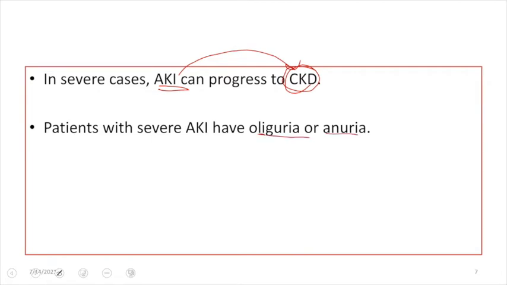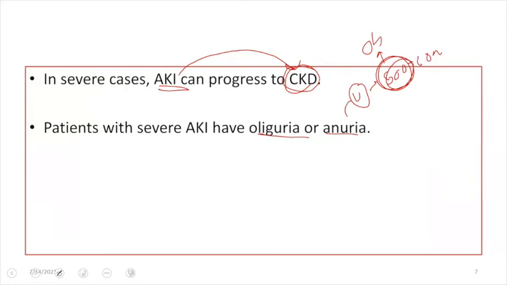So what is oliguria and what is anuria? As we know, the major function of the kidney is to filter the blood and eventually form urine. To filter out all the solutes, the minimum amount of urine required is about 500 to 600 ml. So a minimum of about 500 ml of urine should be formed to dilute all the constituents and eventually get rid of them. This is our obligatory urine volume. So this must be formed; at least this much urine should be formed to filter out all the unwanted substances from our blood.